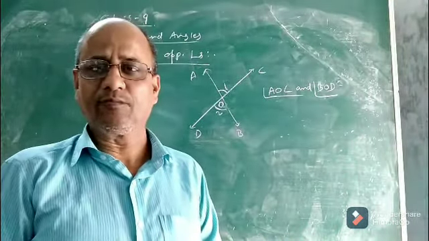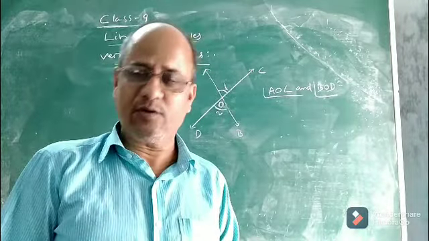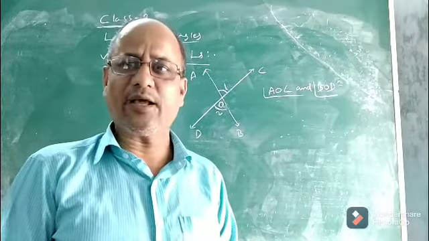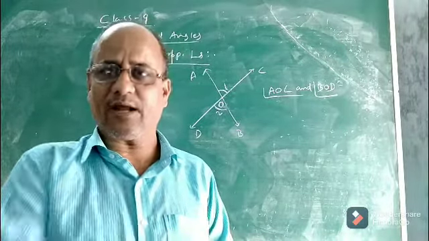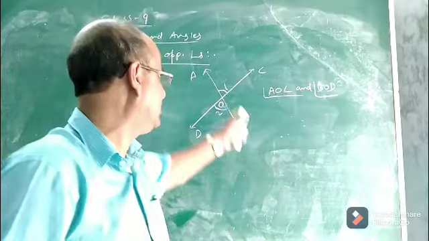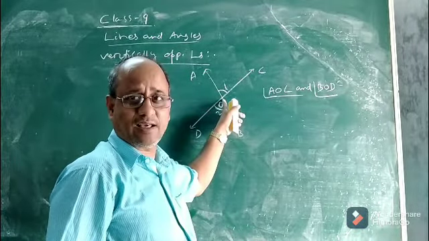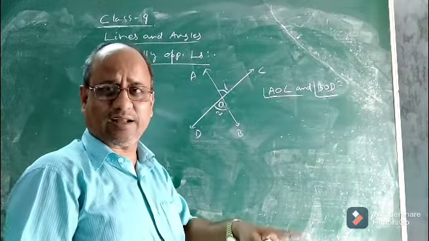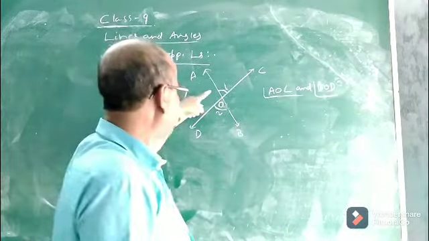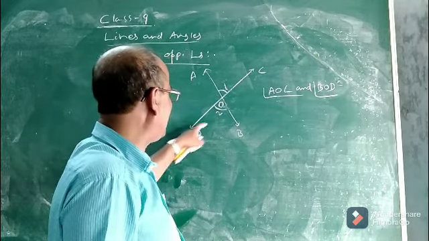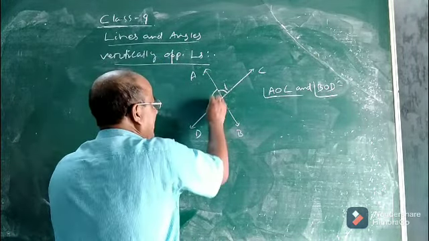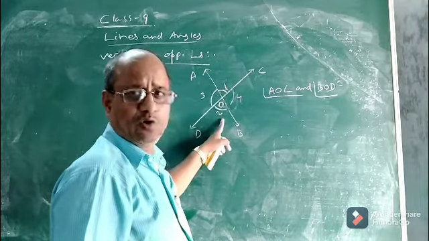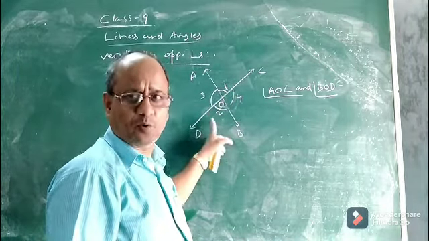I think you know. They must be equal. We will prove in terms of a theorem that a pair of vertically opposite angles is always equal. That means when two lines intersect, AB and CD are intersecting lines, they intersect each other at the point O. Now see angle AOD and angle BOC. This is another pair of vertically opposite angles, like 1 and 2.